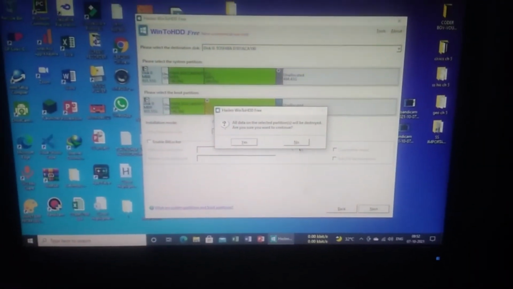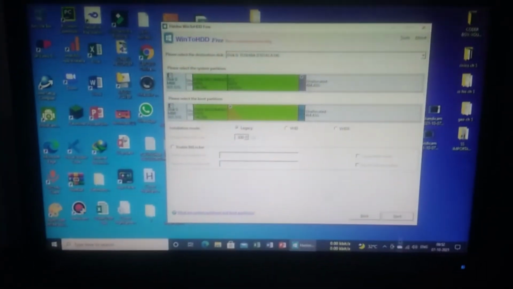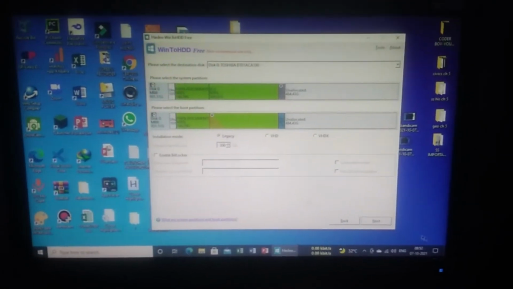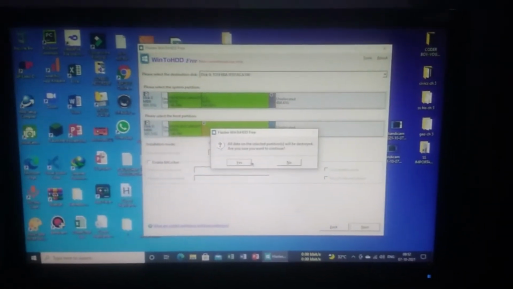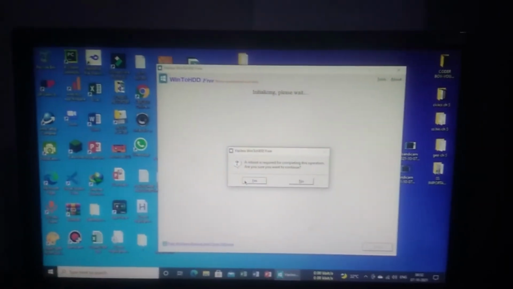So now let's start the installation. For starting the installation, just click on next, and here click on yes button, and here don't touch anything. This tells that only the C drive will get formatted, and the other drives will remain untouched. So now let's start the installation. Click on yes button.